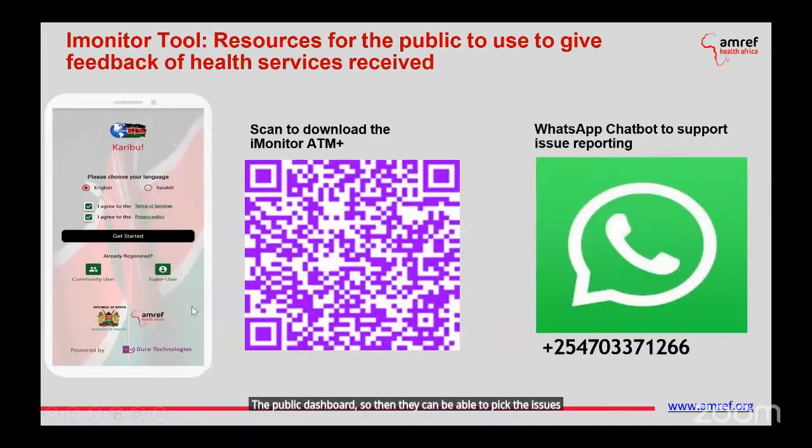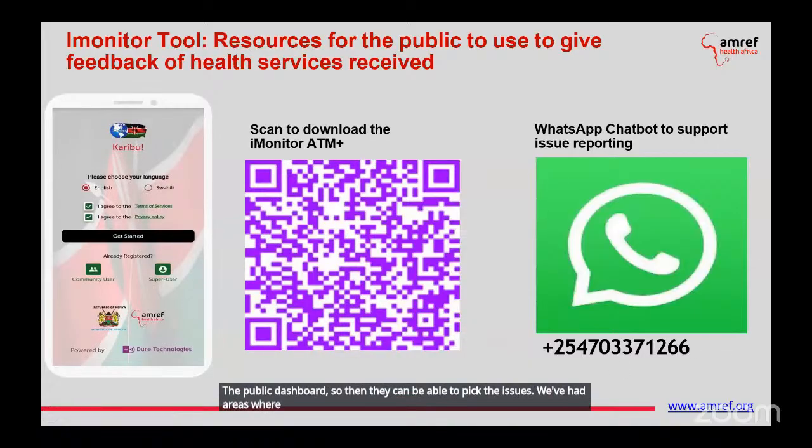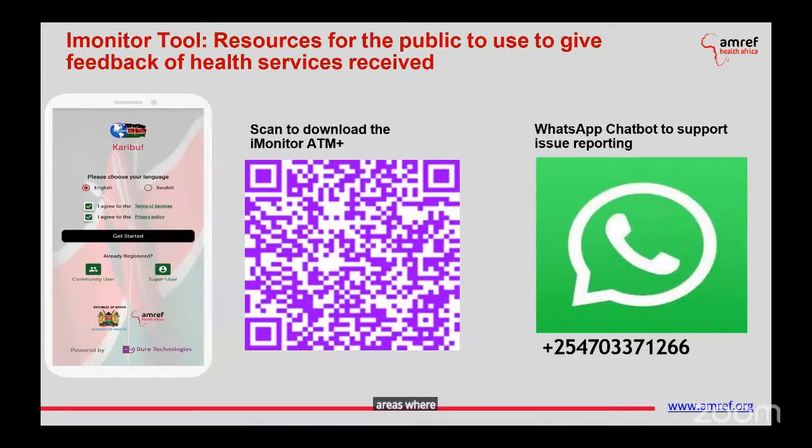We've had areas where CECs have allocated money to HIV, TB, malaria based on memos that have been written. We've had areas where there is a redistribution of drugs that is coordinated at county level because of issues through iMonitor.